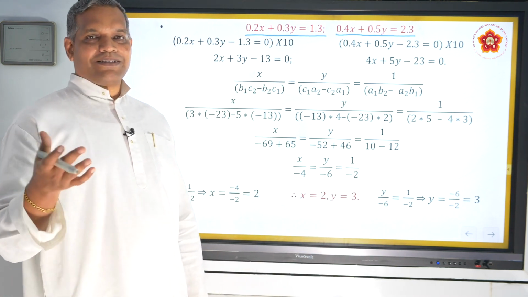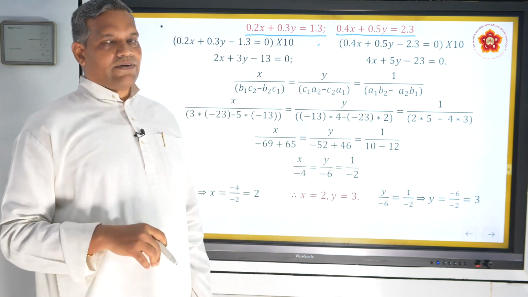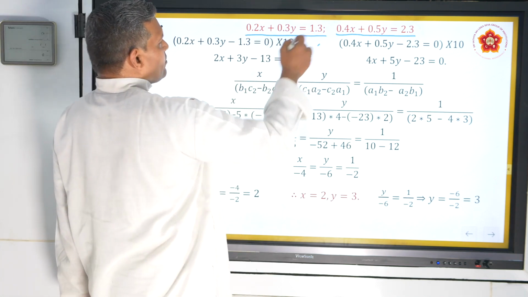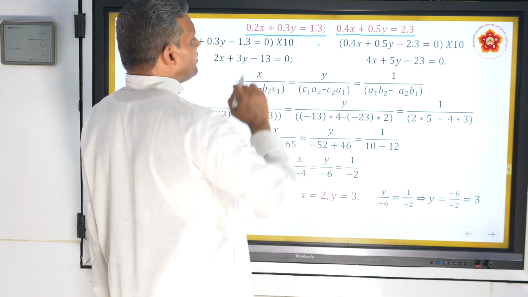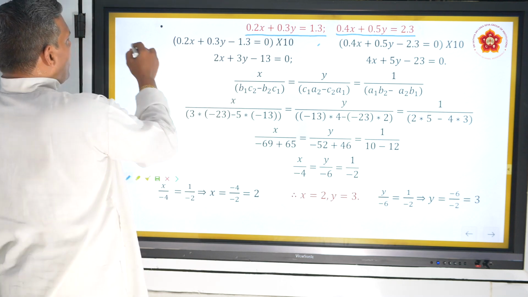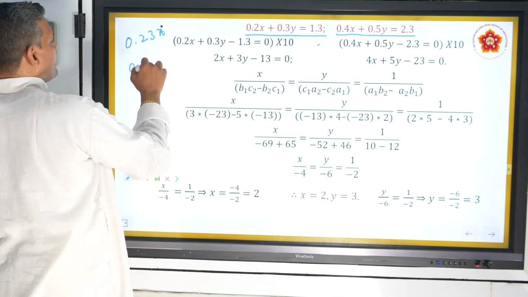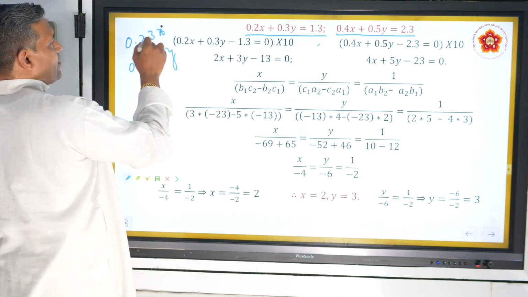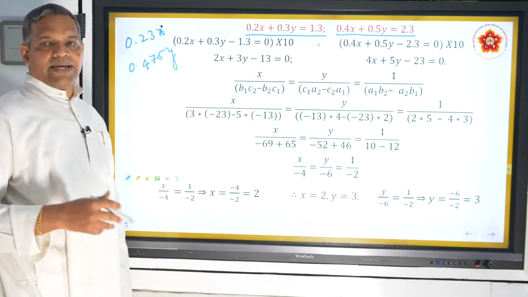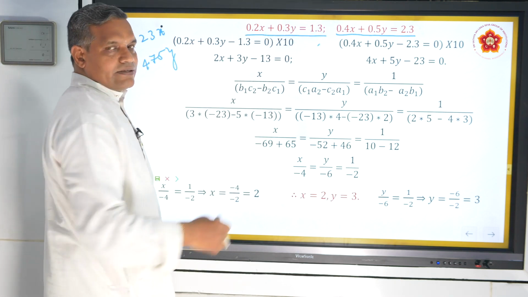Don't hate them. There is a technique. You don't need to work with the decimals. We just convert the decimals into normal natural numbers. The moment you see decimals, multiply the whole equation by 10 or whatever may be the case. If it is only 0.2x, 0.3x, multiply by 10. Otherwise if it is like 0.23x or 0.475y, in this case you have to multiply the whole equation by 100 or 1000, whatever may be the case. But you usually get these kinds of cases at class 10th level.